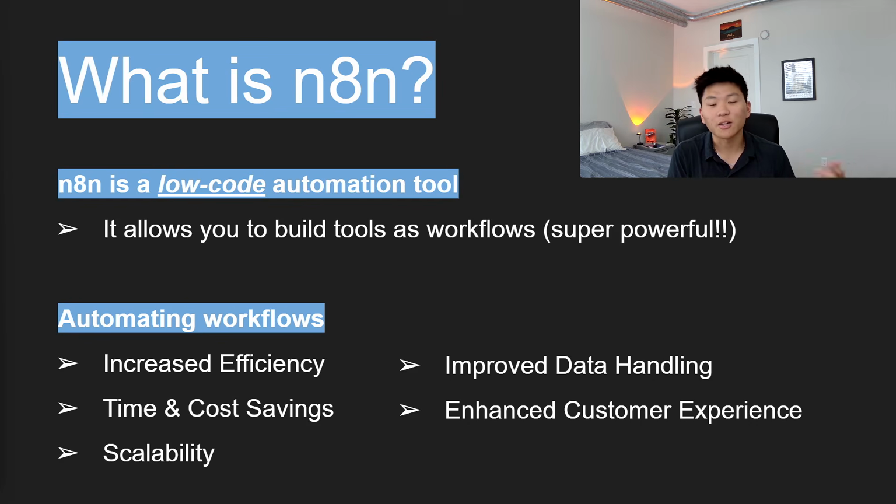So at this point, I'm sure you guys have been hearing the term low-code, no-code tools, and n8n is a low-code, no-code automation tool. So that just basically means that n8n allows users to automate processes, build workflows with minimal coding knowledge. And the key idea behind this is that low-code means it's very easy to develop things with a very user-friendly interface, where people can just go in there and drag and drop different components, different nodes is what they're called in n8n, to create these flows without having to come in here and type a bunch of JavaScript